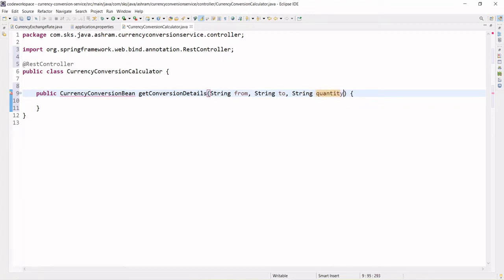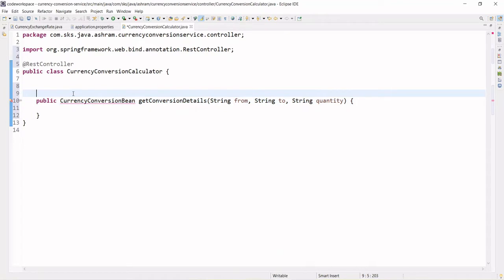Now we will have to assign this method to the HTTP method, to the GET method. The REST controller will receive the request from the client, and it will dispatch to the GET method, right? So how can you write this? You can assign this GetMapping.